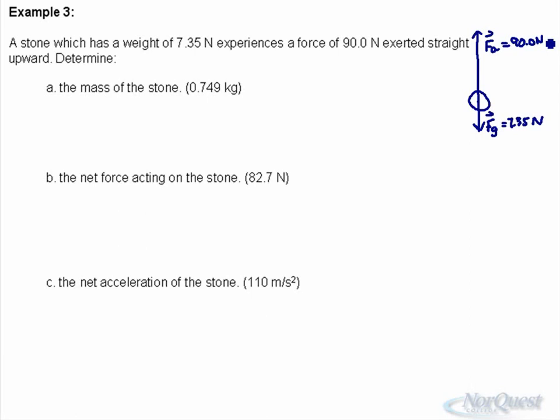Remember, force due to gravity depends on the acceleration due to gravity. The acceleration due to gravity on Earth is constant, 9.81 meters per second squared. You go off the planet, the acceleration due to gravity will change, therefore your weight will change. I weigh about a sixth of the amount on the moon as I do on Earth. Doesn't mean I lose mass, my mass stays constant, but I actually have less force of gravity on the